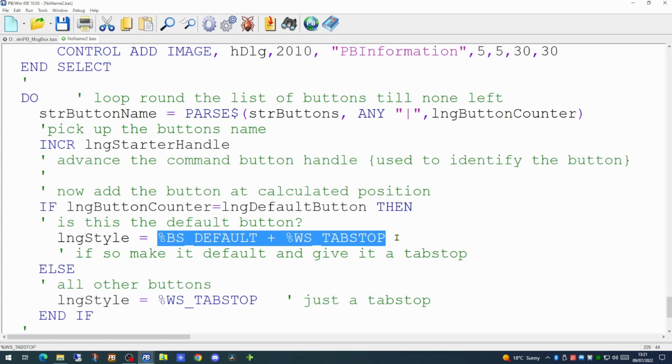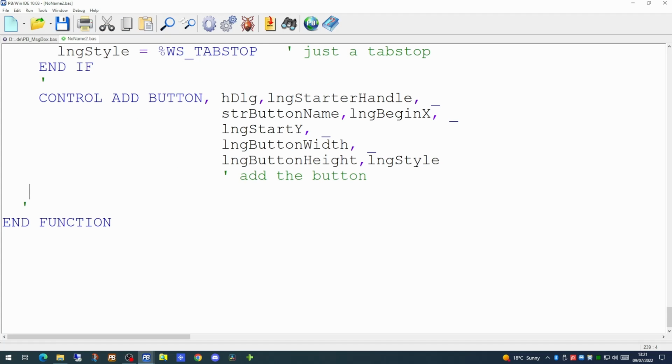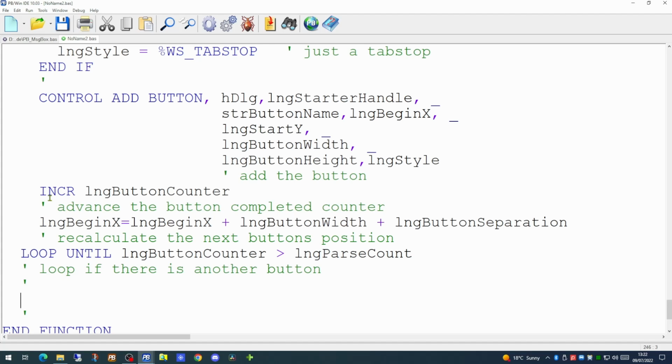If the button we're actually handling is the default button that's been defined, then we will add on the BS default constant to ensure that the dialog will show the button with a border around it, and when pressed it will be the default. Then we can use our control add command to add the button to the dialog. Then we can increment our button counter and move on to the next button. Once we reach the end of the loop, we have now displayed all the buttons on the screen.